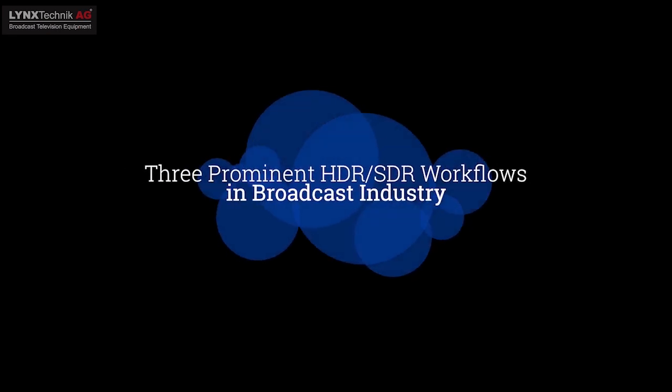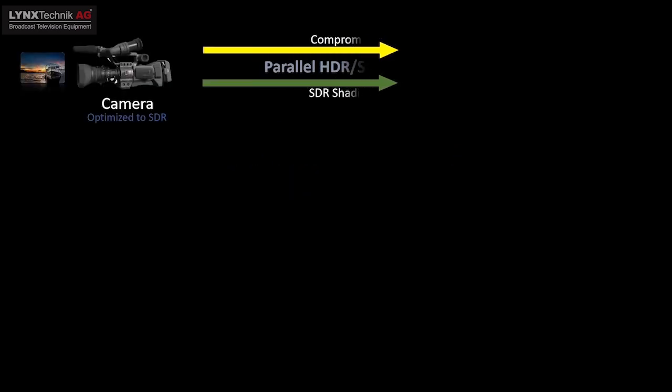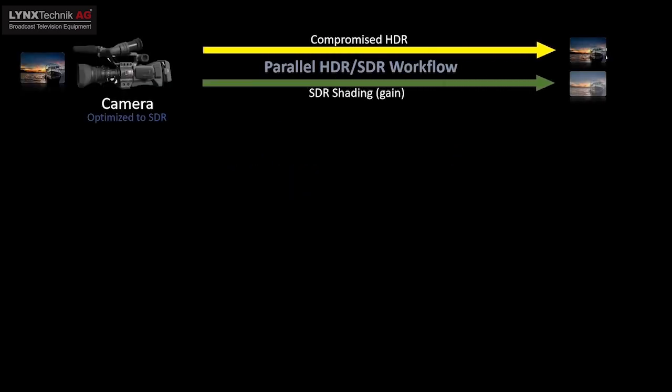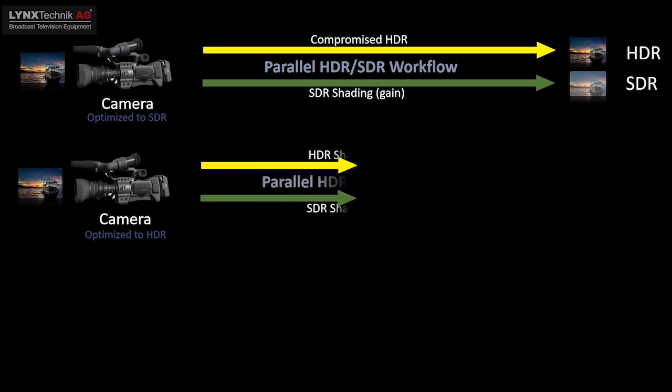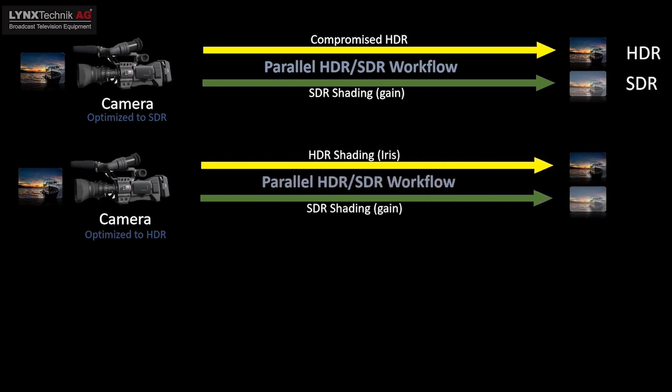Currently, there are three prominent workflows that are being used in the broadcasting industry. The first approach is a parallel HDR and SDR workflow in which the camera is optimized to standard dynamic range, producing a good standard dynamic range video, but results in a compromised high dynamic range video. The second approach is a parallel HDR and SDR workflow in which the camera is optimized to high dynamic range, producing a good HDR video, but requires a lot of effort to get a good SDR video through SDR shading